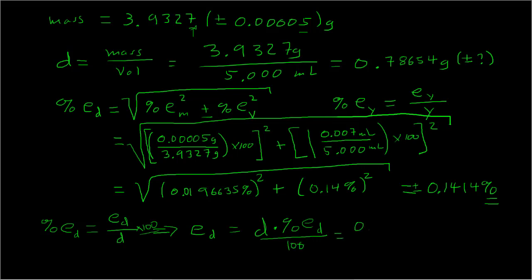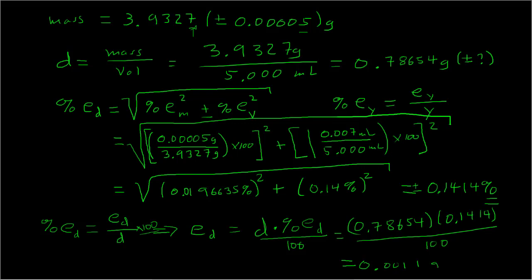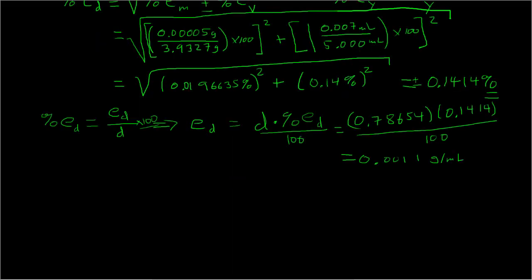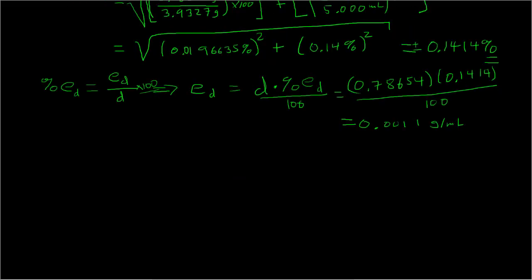The density is 0.78654 grams per milliliter. The percentage is 0.1414. I just figured that out. And then we're going to divide that by 100. And so when we're done, we get this number, 0.0011111. There's several ones there. Okay, and so now that's going to have the same units as density, so that'll be grams per milliliter. So now we have accomplished our goal. We have figured out what the density is. So the density is equal to